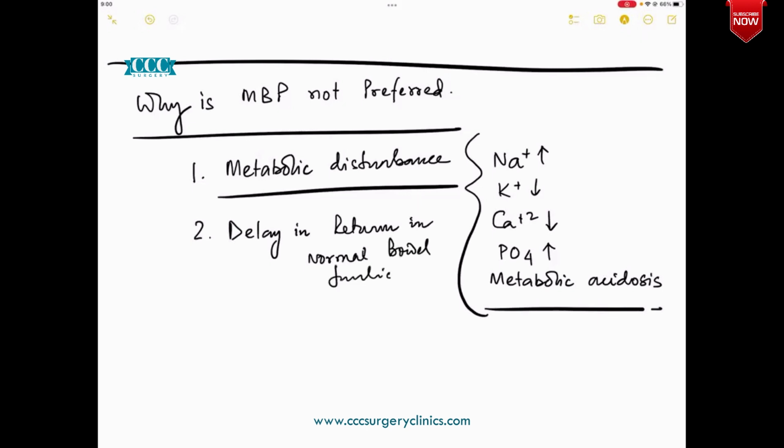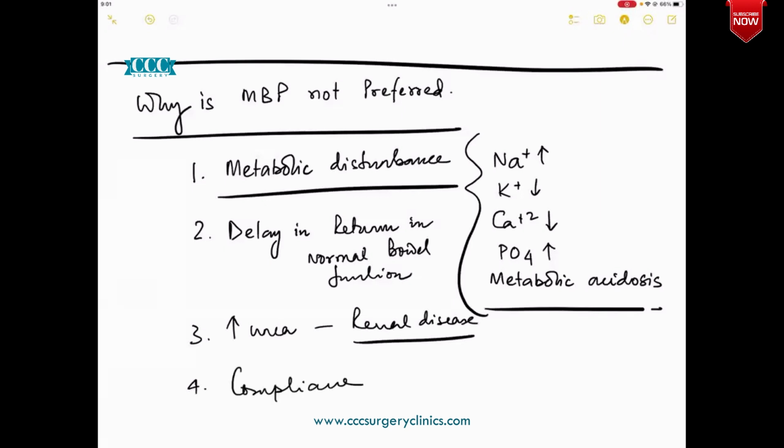So this is what is a big problem in the delay. Apart from this, what happens is that there is a relative increase in the urea concentration. So patients who have a renal disease, for them, this may be a difficult one. Number 4, the compliance of the patient is very poor,